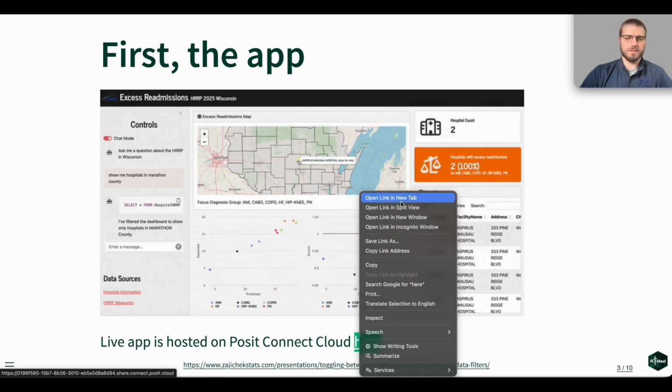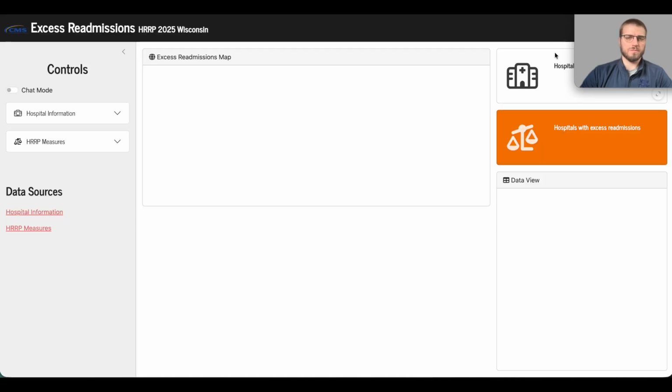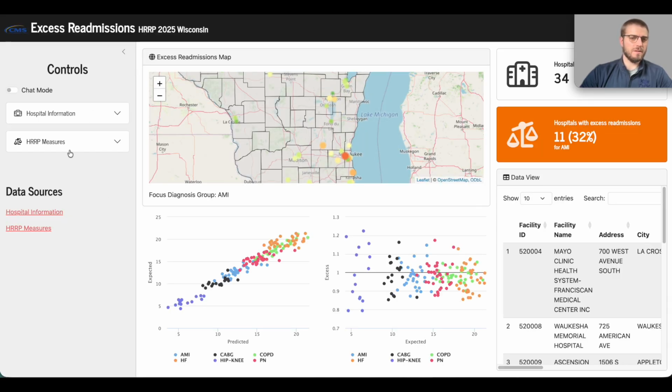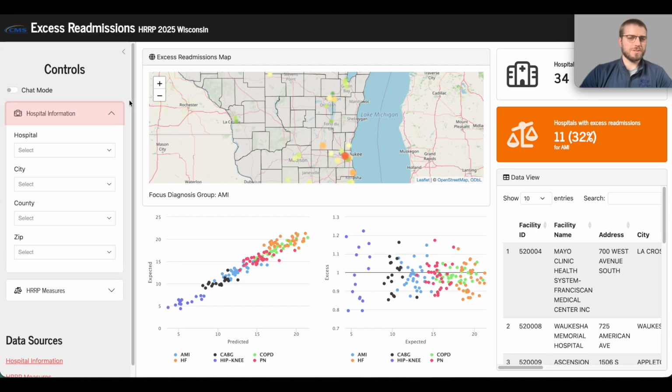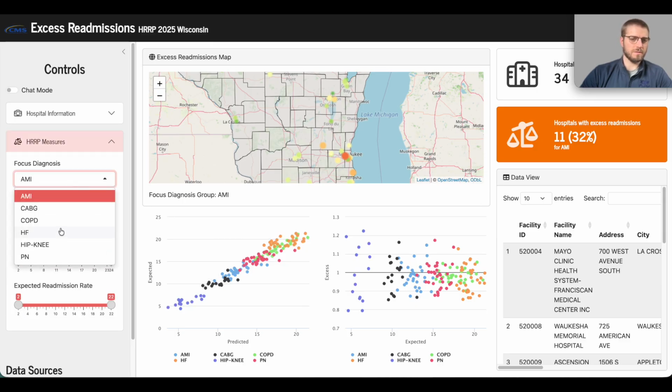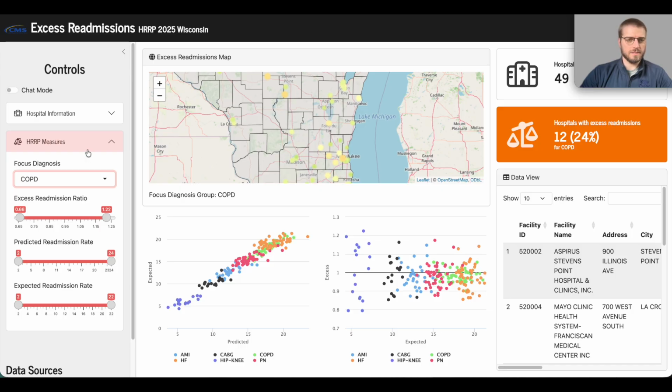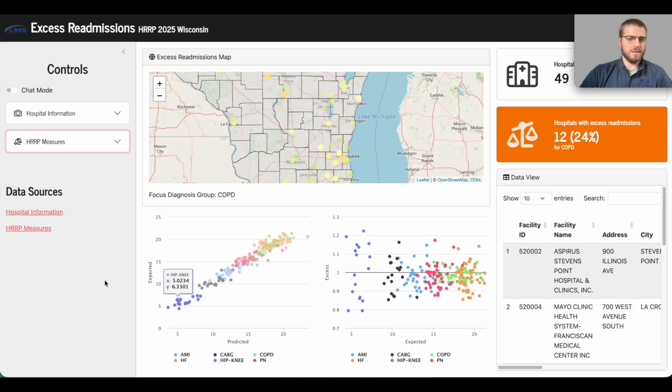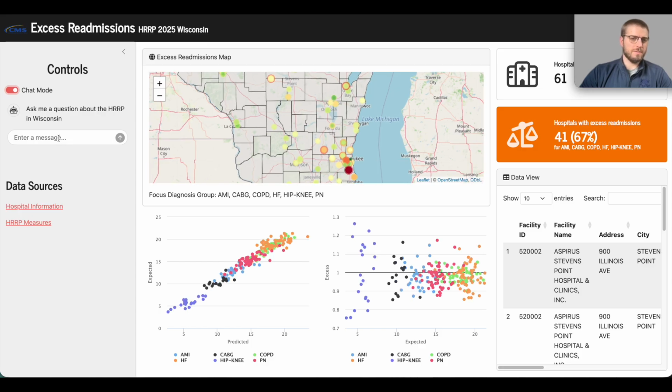And we can actually look at the live app right now. By default, we have these traditional select input type filters on, where we can go through different hospitals or cities and the maps are going to update accordingly, or we can focus on switching on different disease cohorts. And your typical manual filters, or we can switch on chat mode, and now we just get this prompt to enter a message,